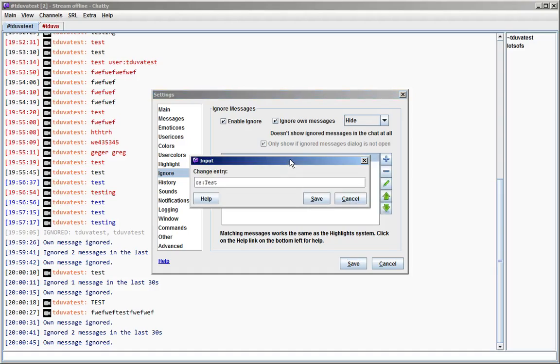One prefix that can be kind of useful is the gen prefix, because then you can just ignore messages in a certain channel, maybe from a certain category or something, like ignore maybe.